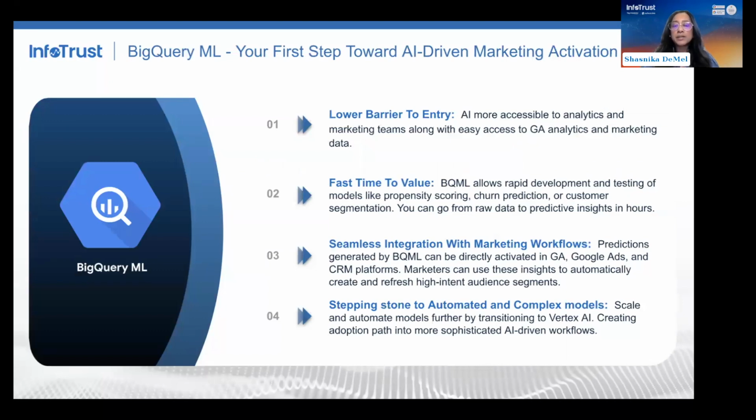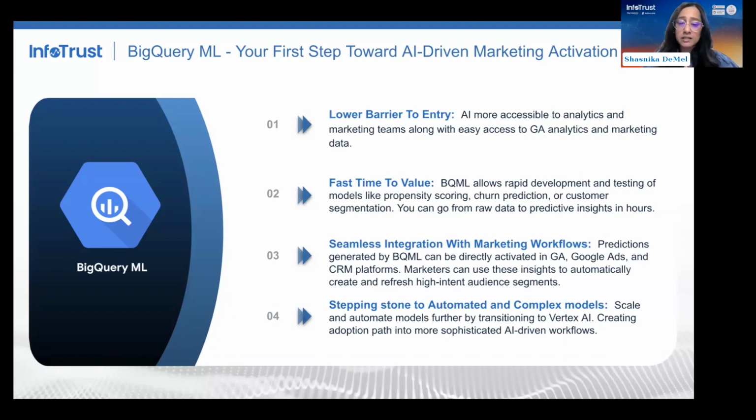So BigQuery ML is what I would consider as the first step you can take if you haven't already. The first step you can take towards an AI-driven marketing activation process. BigQuery is usually a lot simpler to start off with because one, it lowers the barrier to entry.